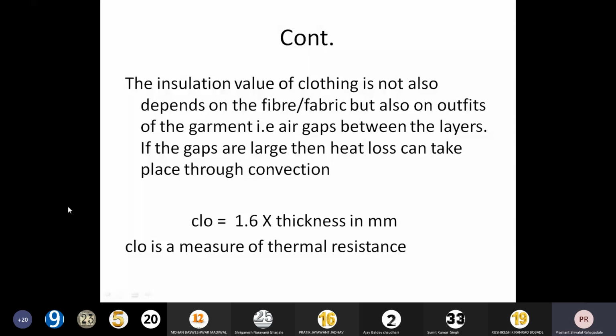And as we know, convection means heat loss due to air current and also due to body movement. क्योंकि जब बॉडी मूव करती है तो एयर डिस्टर्बेंस, एयर करंट प्रोड्यूस होता है और वो भी लॉस करता है।